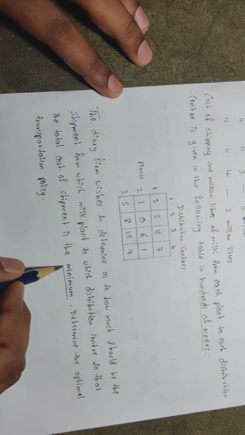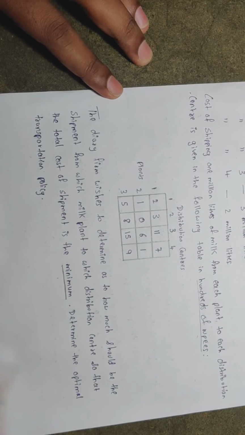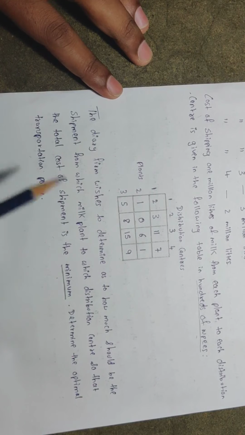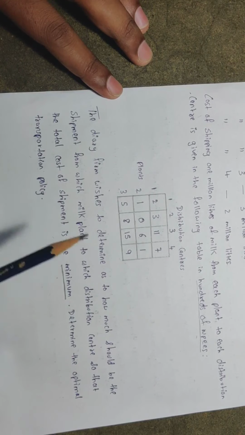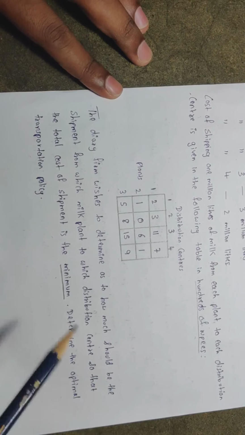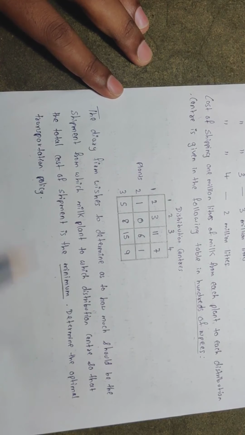As at the beginning of the OR class I said, the OR subject basically deals with increasing the profit or decreasing the cost. So here they have said that you have to reduce the total cost of the shipment, and find the best way you can supply all the demands required by the distribution centers. They are saying, determine the optimal transportation policy. So which is the best solution you can obtain, in which way you can go so that the transportation cost will be reduced.